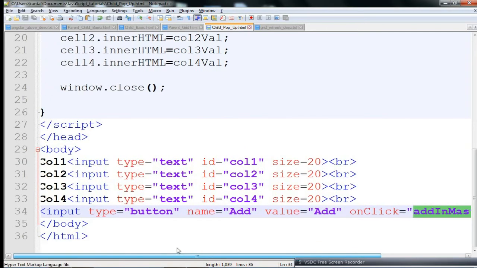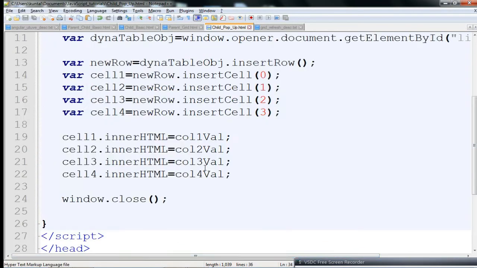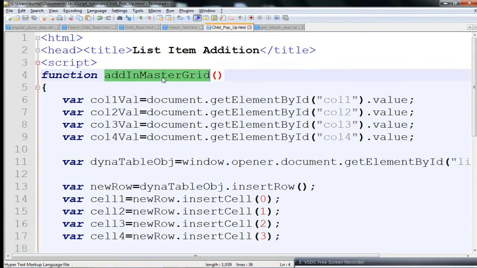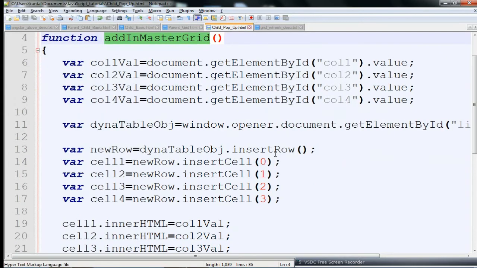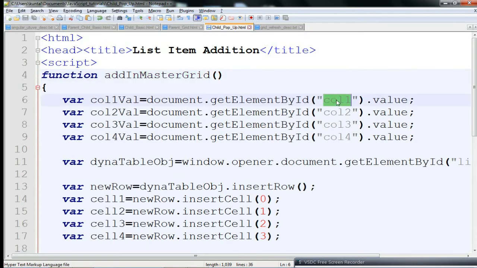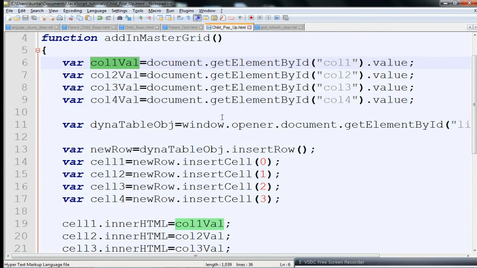I am fetching them with document.getElementById column 1, so get that object and dot value, to get the column's value. Then from the pop-up I have to access the parent window's particular table, because from here I have to send values to the pop-up's parent table.